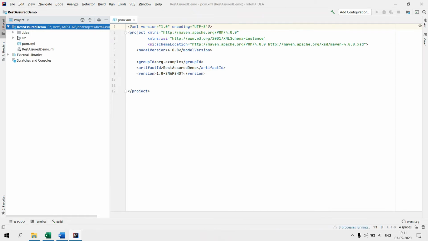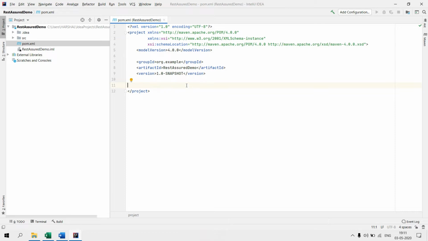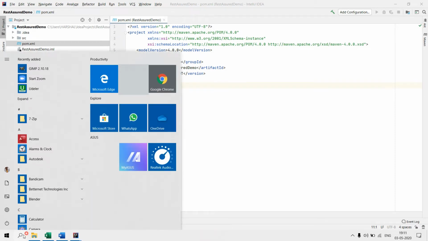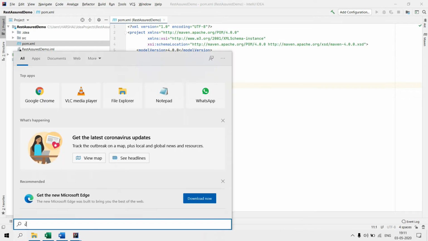So this is the pom.xml file. It will be opening some kind of dependencies. So we need to download some dependencies. I will be downloading from the Maven repository.